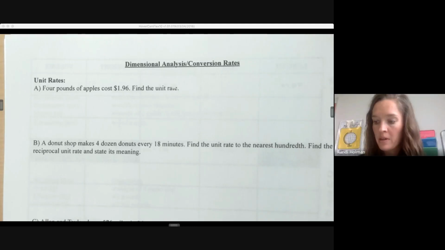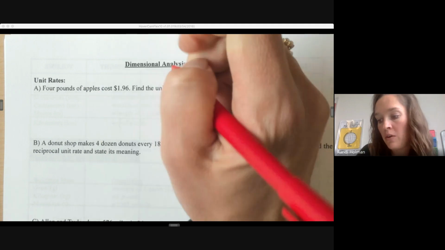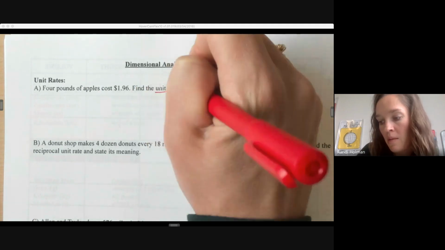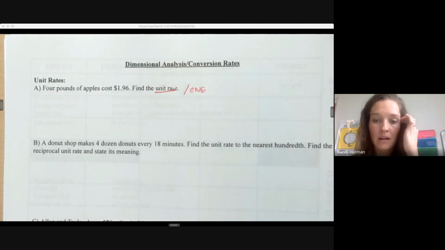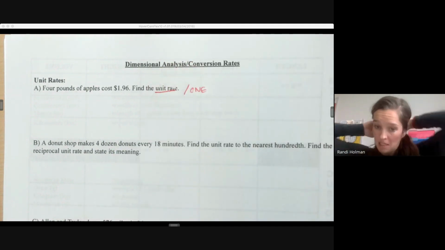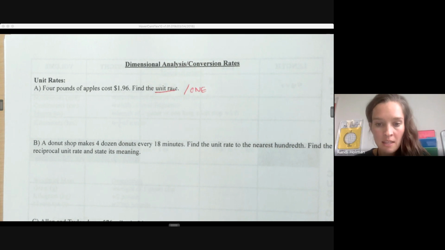Welcome. In this video, we are going to be looking at dimensional analysis and conversion rates. So we're going to start out by finding unit rates. Anytime we are looking for a unit rate, we're looking at the per one of something, and unit rates are very common and very helpful because they can help us calculate things easily, also understand what things mean when we're